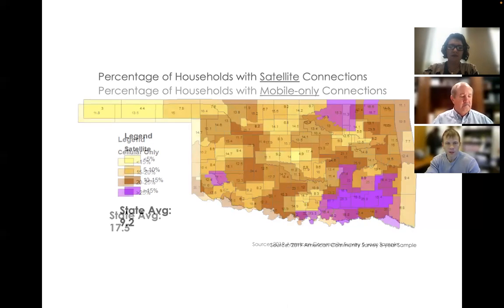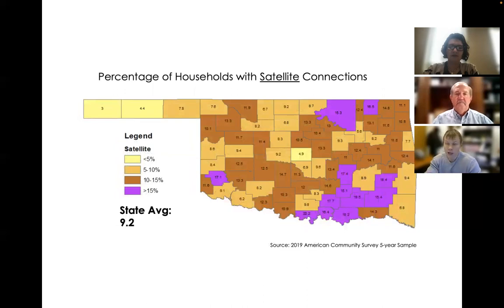Next slide. We also have households that are dependent on satellite connections, and for those of you with a satellite connection, you know that they're not always reliable. In some cases, the reason you're stuck with the satellite connection is because there's no good provider near your house. For most parts of our state, you can get a satellite connection if you wanted to. They are more expensive and also less reliable. So this is again seen as a lower tier type of connection, and we have quite a few of our counties where there's an over dependence on that, if you will.